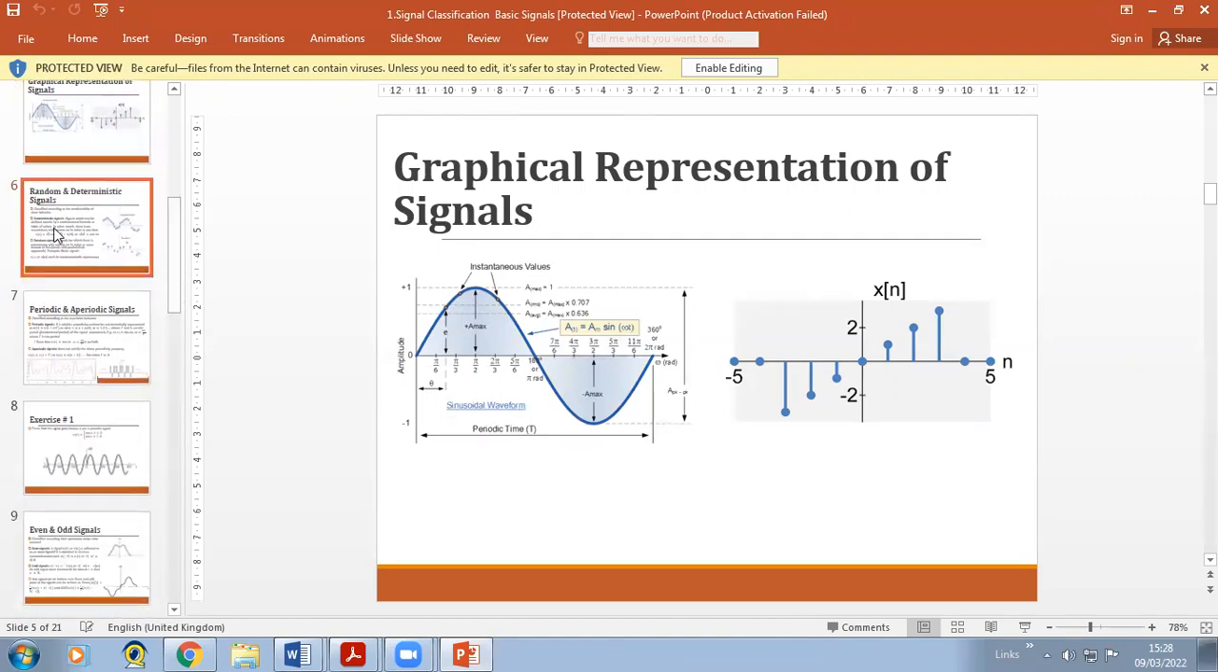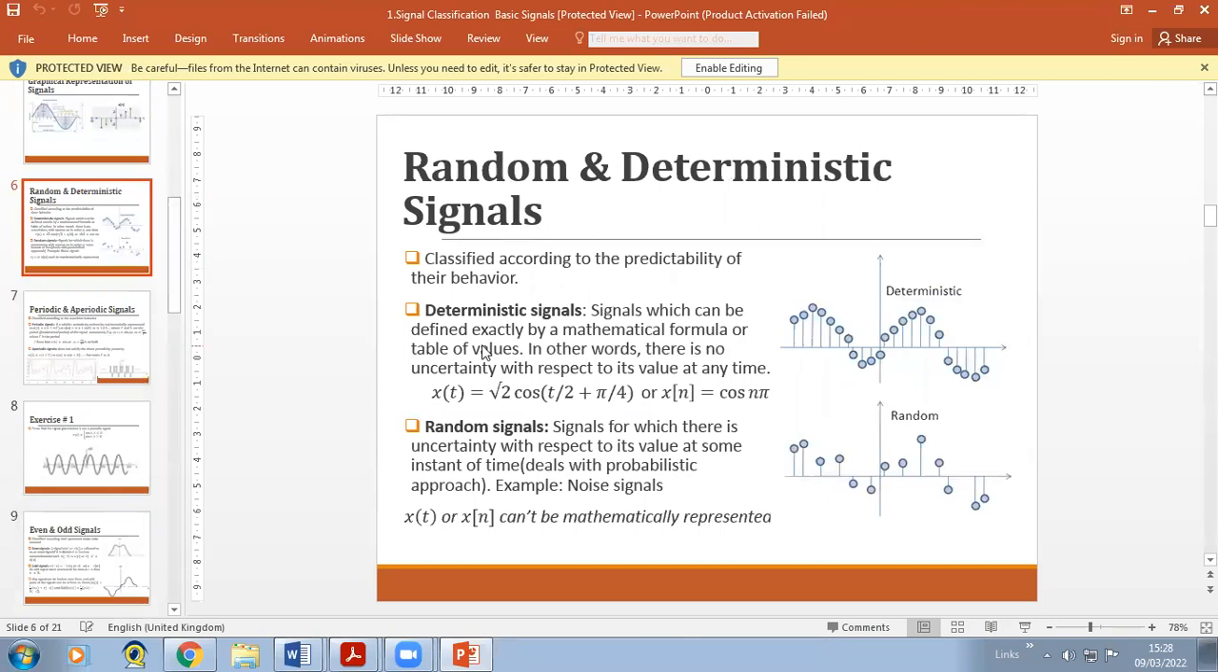Here also we have random and deterministic signals. We didn't talk about this, but we are dealing with deterministic signals in our course. We are not going to deal with random signals. We are only dealing with deterministic signals. Deterministic signals means it is